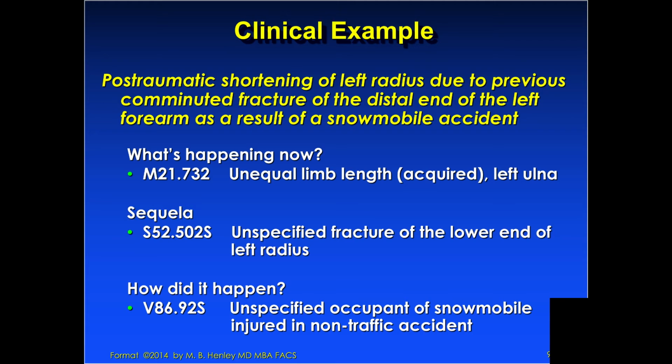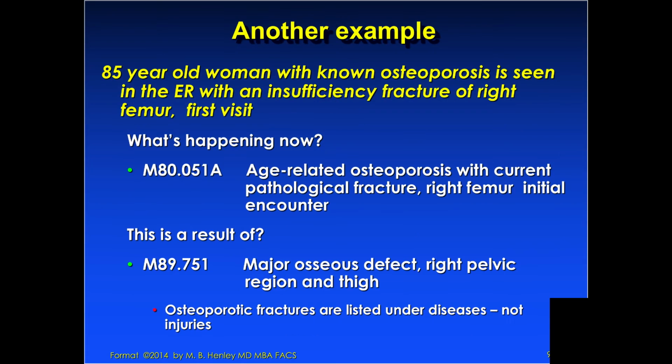And how did it happen? V86.92S, unspecified occupant of a snowmobile injured in a non-traffic accident. Obviously, your history, I'll have to find out if it was a snowmobile in the Midwest on a street or a non-traffic accident. Here's another one, an osteoporotic fracture with an insufficiency fracture of the right femur. What's happening now? M80.051A, age-related osteoporosis with current pathological fracture, right femur, initial encounter. The A is the initial encounter, seventh character required. And this is the result of an osseous defect, meaning osteoporosis, in the right pelvic region or thigh,